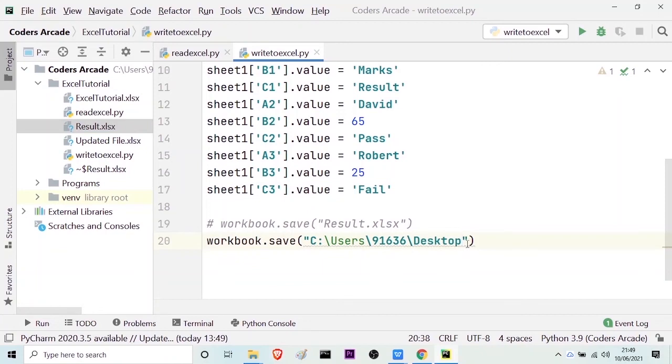But you can see that it is getting a gray color highlighted text, so that means this address is not proper. So for that, what we need to do is give double backward slash, then only the address will be correctly read. So I'm giving the double backward slashes here also, and let it be here also. So after this desktop, we have to provide the name of our file. So let the name of the file be, say,